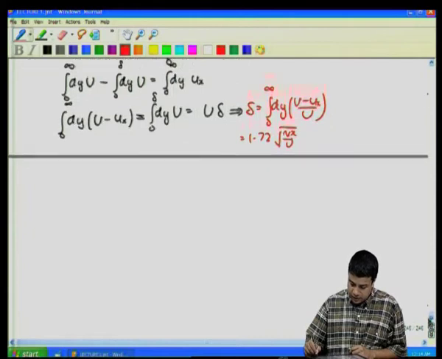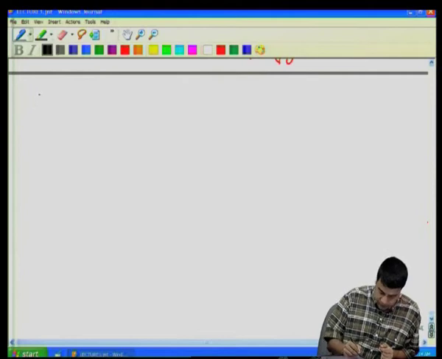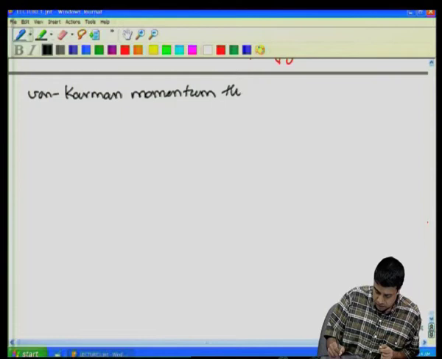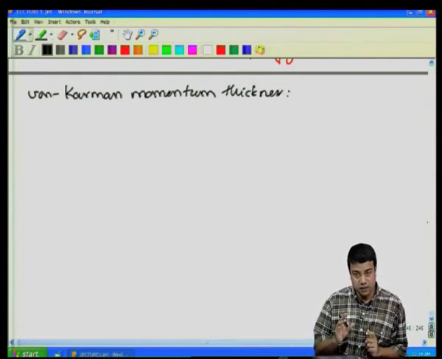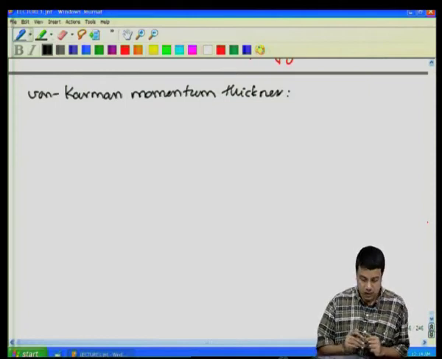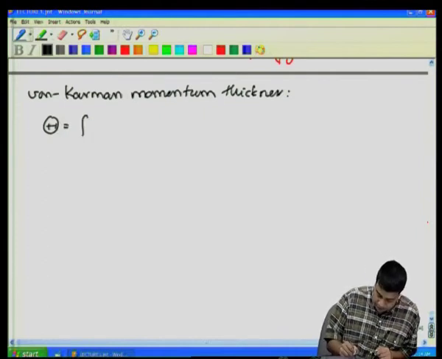There is another often used quantity. It is called the von Karman momentum thickness, which basically measures the momentum flux deficit, rather than the flow rate deficit. I will not go into the details of that. I will just give you the final expression. This momentum thickness is defined as integral 0 to infinity dy of